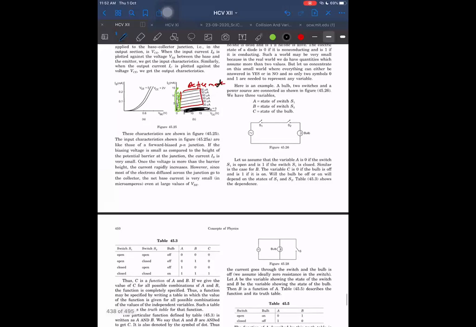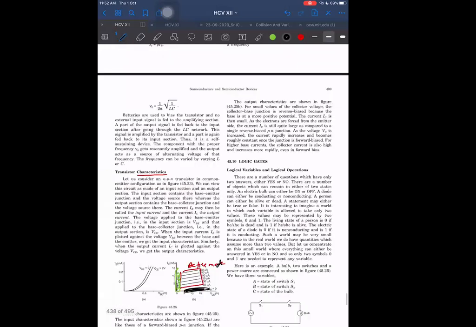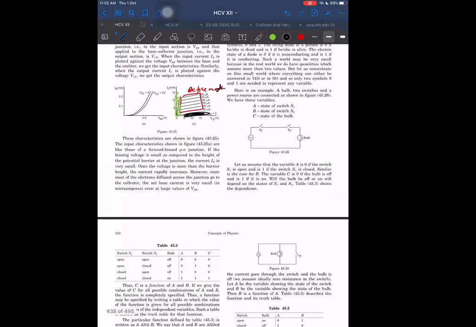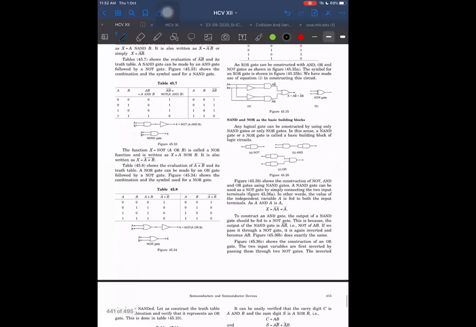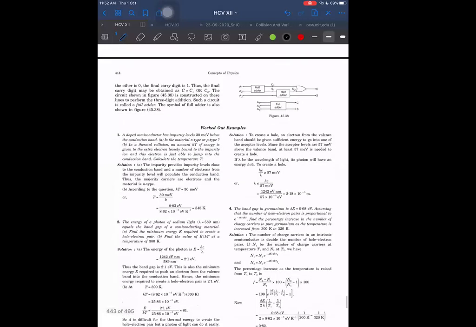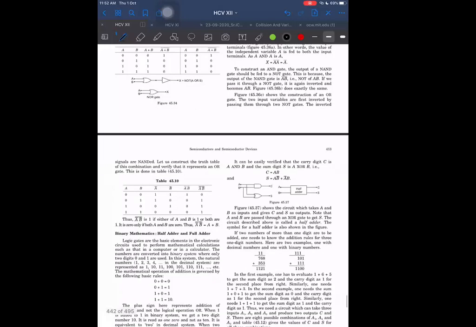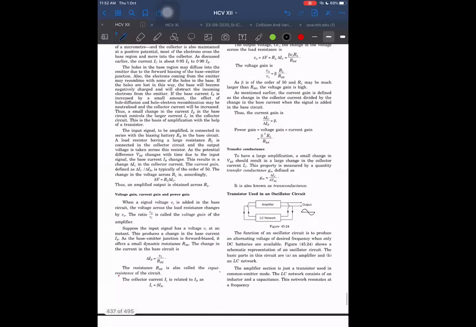Next, we have logic gates coming. Now, before logic gates, one thing was still pending, the transistor used in oscillator circuit. I am postponing transistor in oscillator circuit for tomorrow. Before that, I would really like to take logic gates, because logic gates is a completely different topic and I have not even initiated. So I'm thinking let us finish this one also. Then we will be left with just one thing, and that is our transistor as an oscillator circuit.